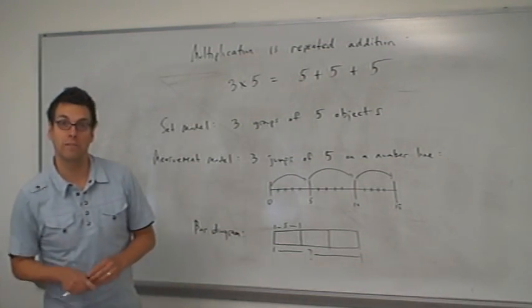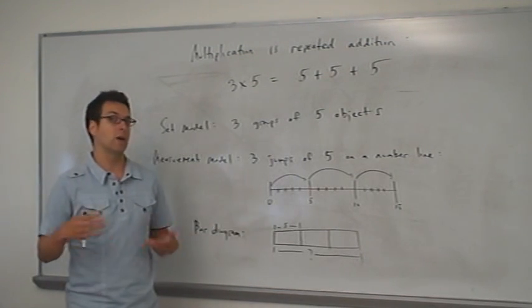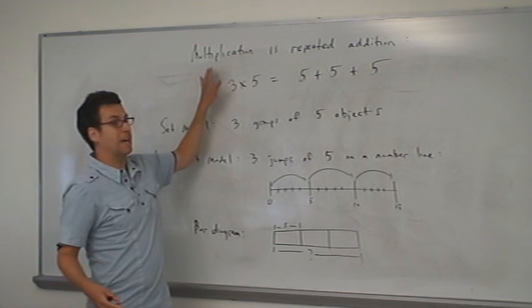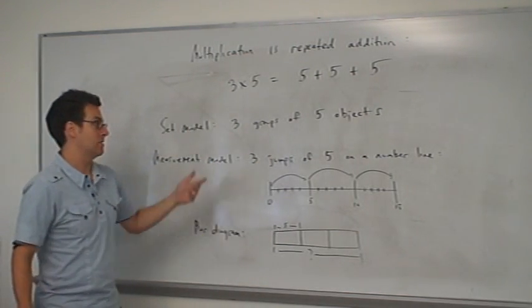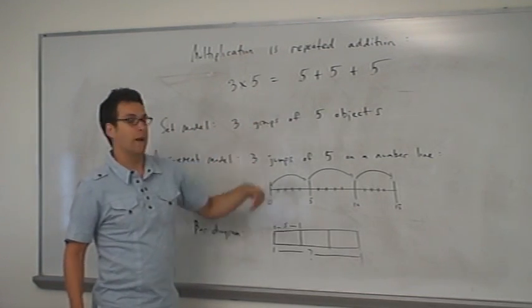Okay, so now we're going to talk about the operation of multiplication. And as we have been doing with our other operations, we begin with a definition. We simply define multiplication of whole numbers as repeated addition. So what that means is that, for example, the multiplication problem 3 times 5 can be interpreted as 5 added